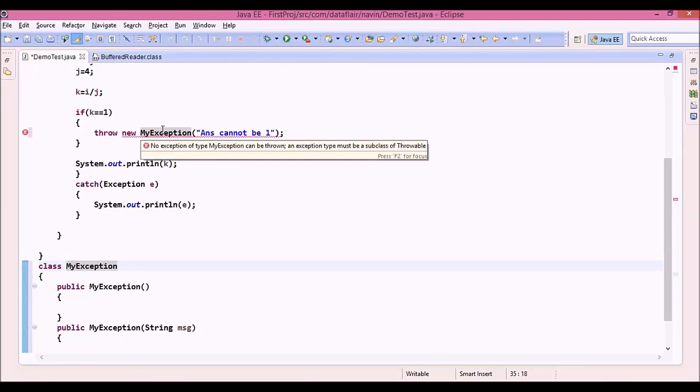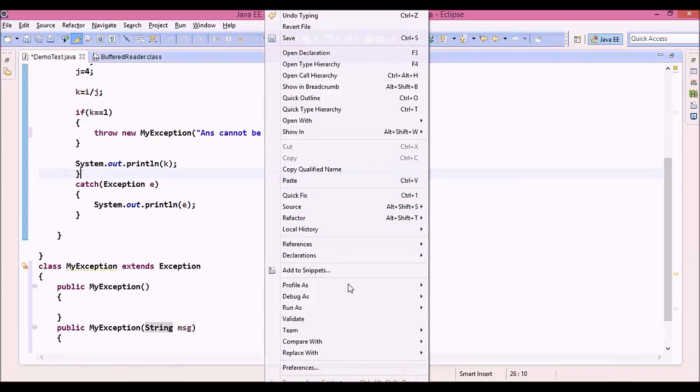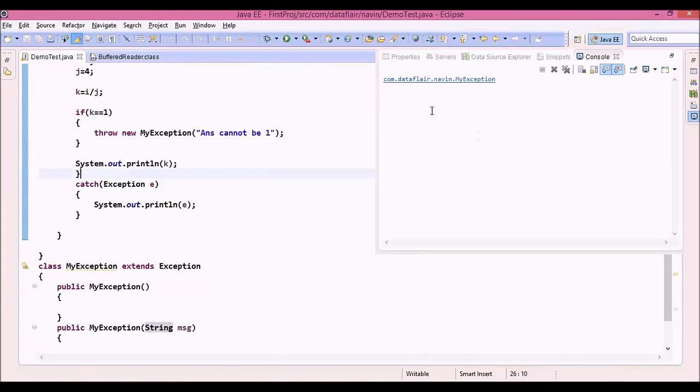It will not work because your my exception should be a subclass of Throwable. So in order to create this exception, my exception, we need to say this extends Throwable. But unfortunately, we cannot use Throwable. We have to say it extends Exception. So we can say class MyException extends Exception, right? And now you can see there is no error here. And if I try to run this now, if I say run as Java application, the output is